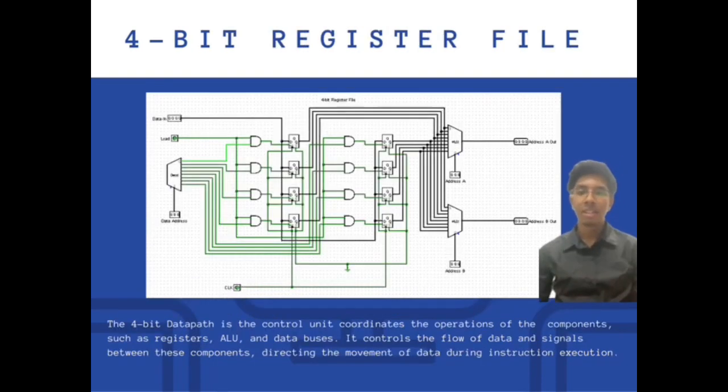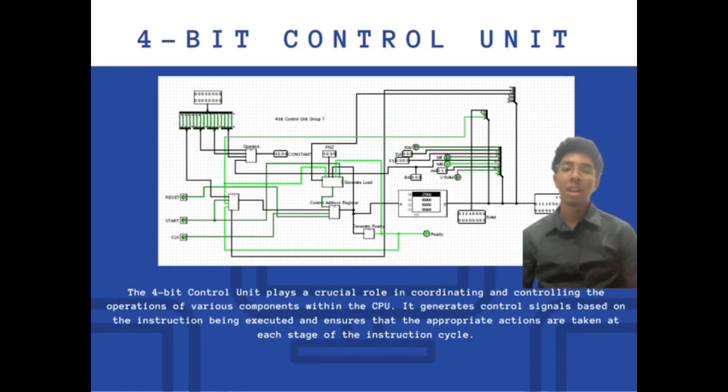Then, this is the 4-bit register file. The control unit coordinates the operations of the components such as registers, ALU, and databases. It controls the flow of data and signals between these components, directing the movement of data during the instruction execution. And after that,